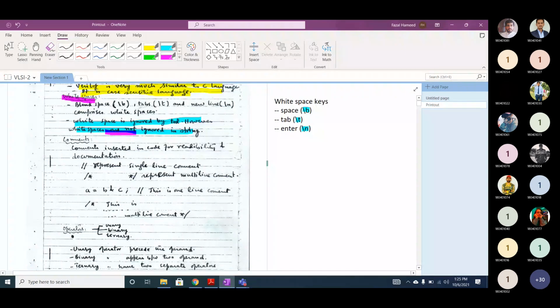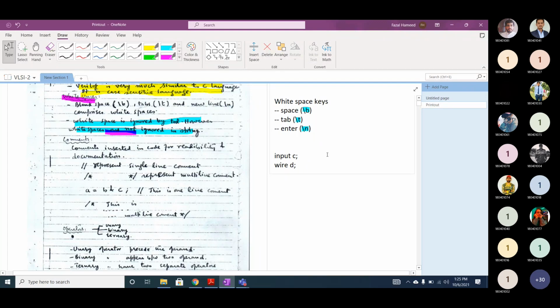Why is it ignored by the tool? I will give you an example. Let's assume you are writing two statements, like input C, then I press enter, and wire D. Let's assume input C is your input and D is your wire.